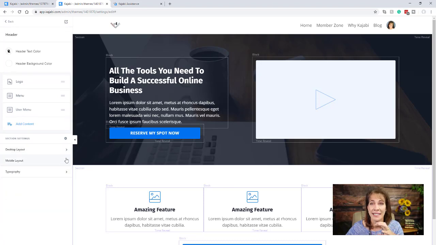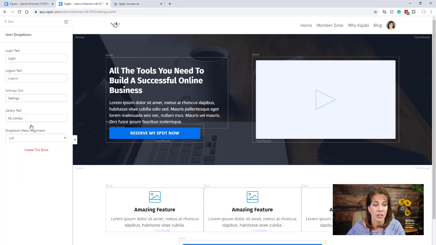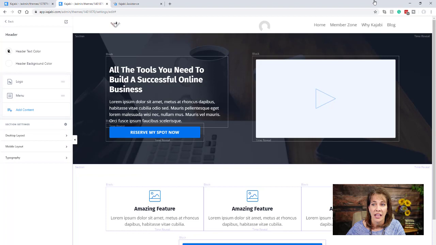You can customize where that is set up on mobile, as well as your background color and some of those things. So it's pretty neat that we now have these really specific customized settings, and we can have whatever content. You can have the logo if you want to. If not, we just take that out. We have our main menu and our user menu, the user menu being your login options and the settings for the user. You could take that out if you don't want it displayed. We just go in here and delete the block,